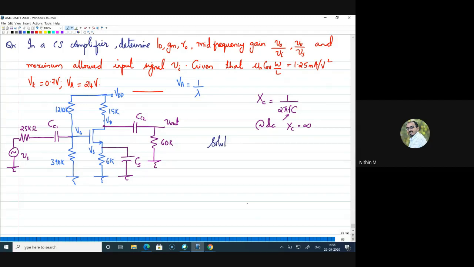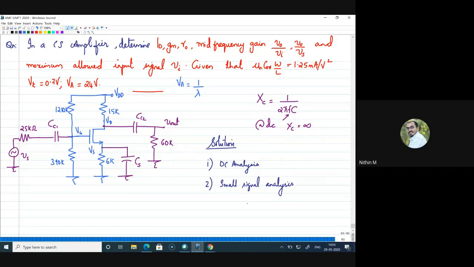The circuit diagram. Now, if I want to solve this, see, I'm just giving you one way to solve the numerical, but this is very systematic. Now, what I should do first is I have to solve this numerical in two steps, mainly in two steps. The first step is actually DC analysis. Second step is what is called AC analysis or small signal analysis. Now, why should I do DC analysis?